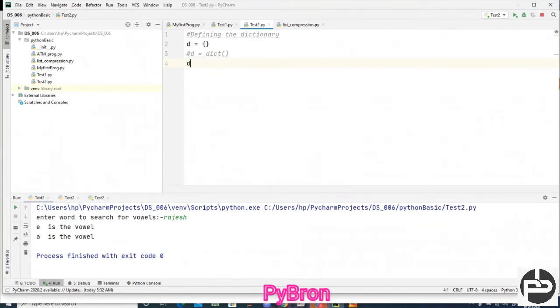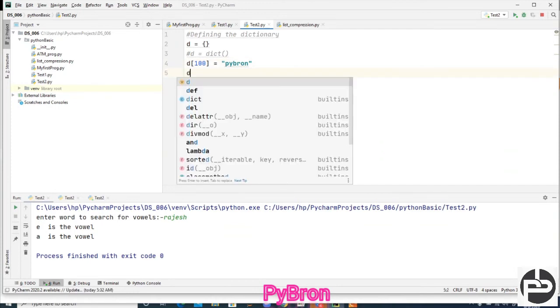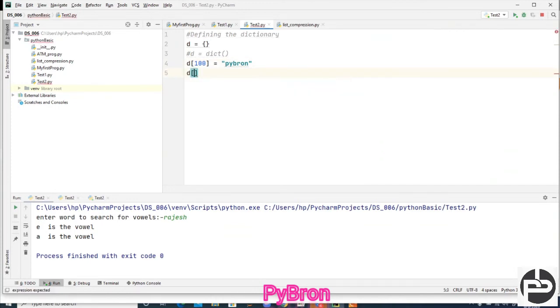Now we are going to define something here. What we are going to define? D, and here I am going to define 100, and inside of it I am going to define Pybron, and here inside of this D200. Key should be unique, just a precaution.